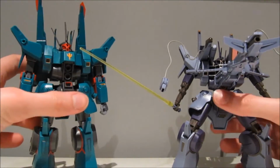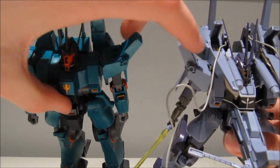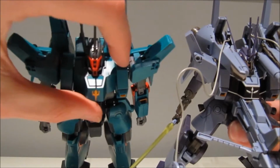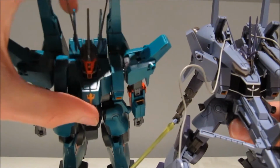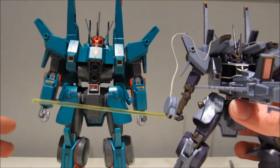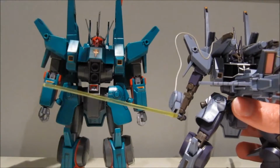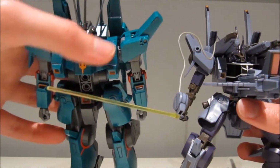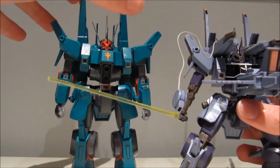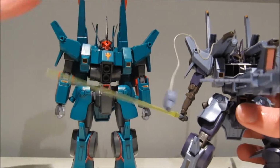And one thing I wasn't expecting is when we look at the top of the shoulders, the Unicorn version is just flat. I guess we could say kind of boring, but here suddenly we have two pipes going on. I wasn't really expecting them to make any other features to distinguish the Unicorn version from the Double Zeta Gundam version, but I guess it signifies that here the piping was exposed. This is the older version, so in the newer version they covered up the pipes to make it more